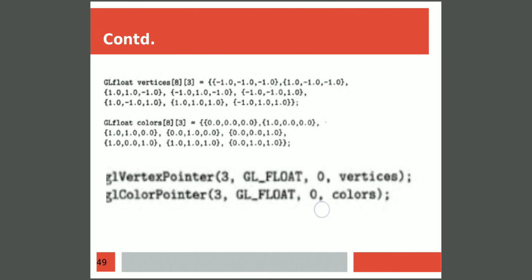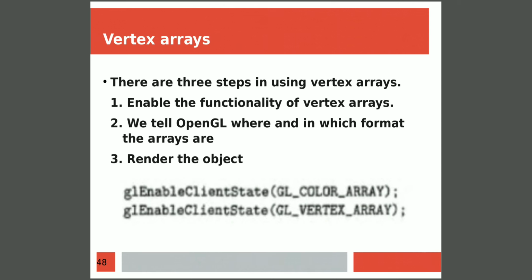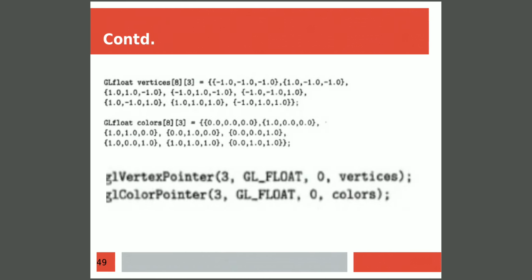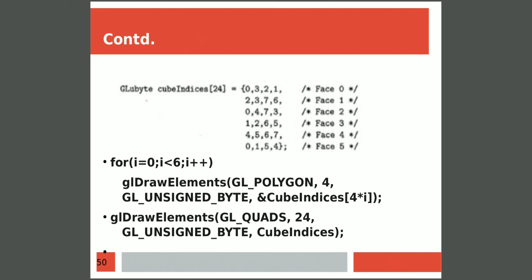Then the third step is we need to render the object. Now to render the object, we need to specify which are all the vertices and the colors we need to use for a particular face. To indicate that, again we are defining one more array known as cube indices with a data type GLubyte with the dimension 24. Because there are totally 6 faces, every face will be having 4 vertices, so totally it is 24 vertices. And separately we are mentioning the vertices for each face.